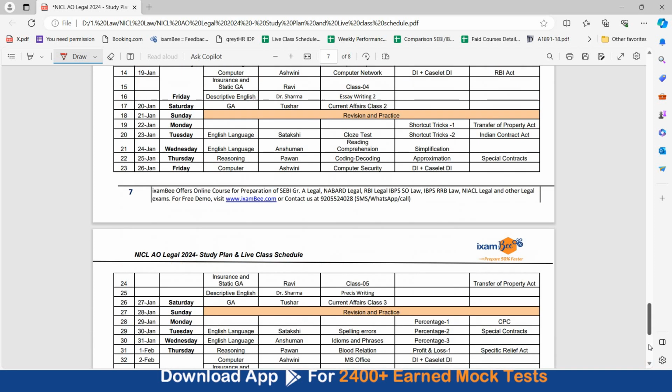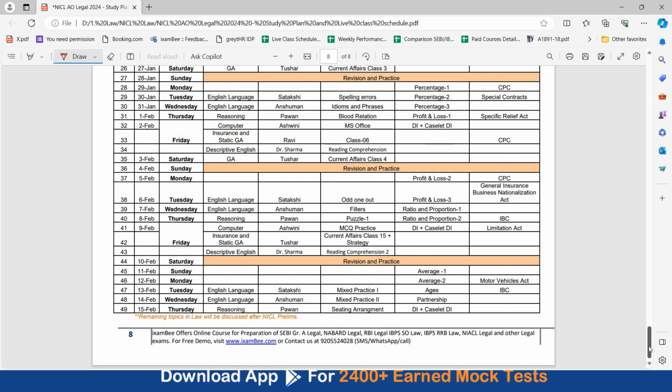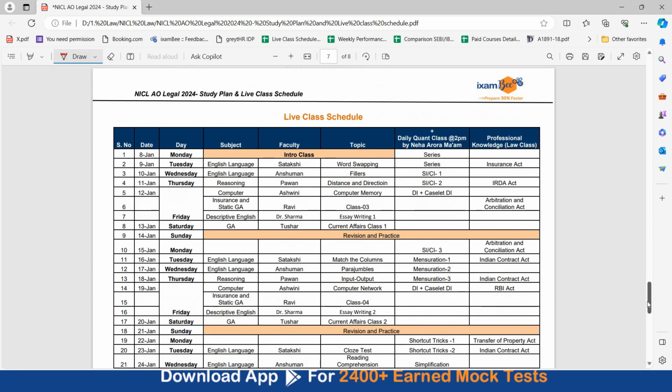We are finishing the classes till 15th of Feb because your exam is expected after that, probably in the last week of February. So by that time, we'll be able to cover up majority of the topics, and after that, for a week or 10 days that you have in your hand, you can continue on your prelims practice, prelims revision and attempting mock test. If you'll see this class plan, there are around 3 to 4 classes every day. Because you have a short span of time in hand, you have even less than 2 months before prelims and a lot of subjects in the mains.